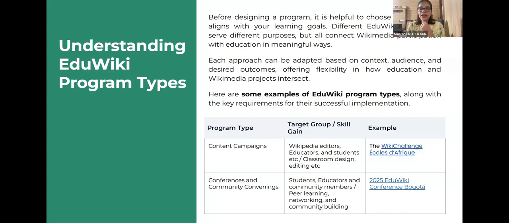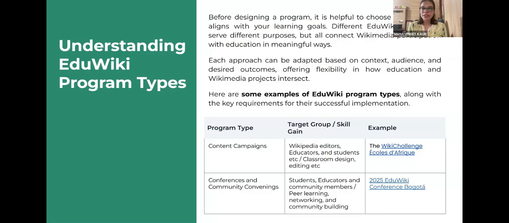Then the third category that we had here was conference and community convenings. We do a lot of work in our own spaces and regions, but we can't be experimental about everything that we do. And that's why it's important that we talk to each other about the work that we do, the impact of that work, and the importance of the work that we are doing. And that's why it's important that we meet each other, share our work, and derive those learnings from each other so that we can also see if something can be replicated in our own regions and how we can actually help each other run these activities in a better way.